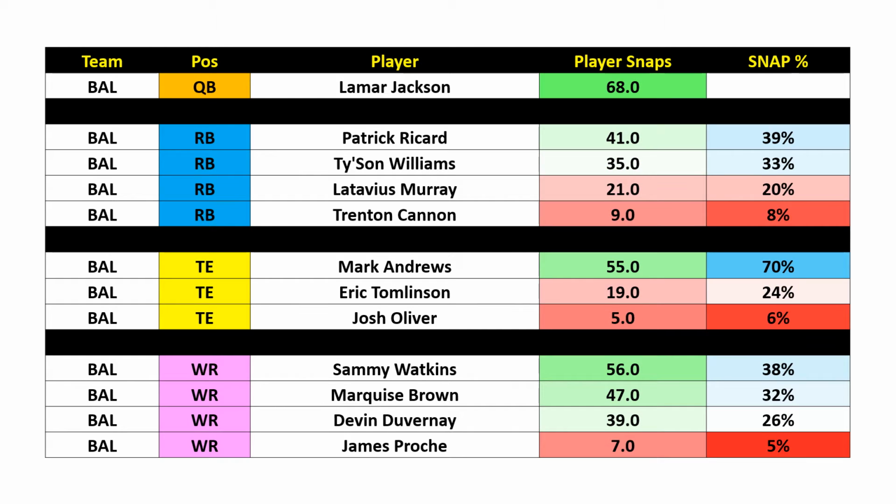Baltimore, Tyson Williams and Patrick Richard there. Murray, I think all this is in flux. Cannon's off. He's gone. They got rid of him. So is it going to be a 1A, B, C? Is it going to be a 1A, 1B? I know a lot of people may have invested some serious bucks here. I probably would have been a little bit more cautious. Andrews, nice snap percentage, but didn't do anything with it. Watkins, what a surprise, over Hollywood Brown